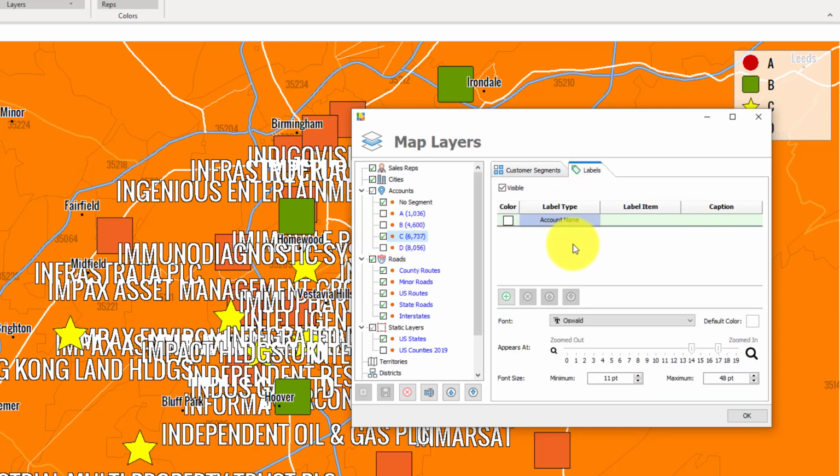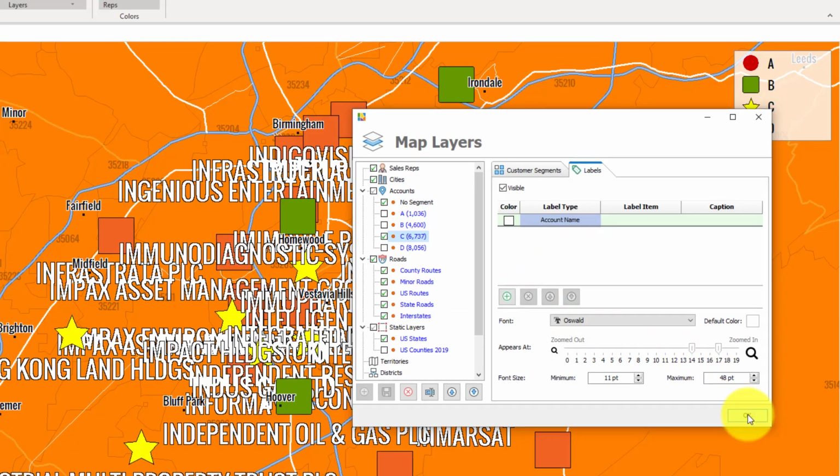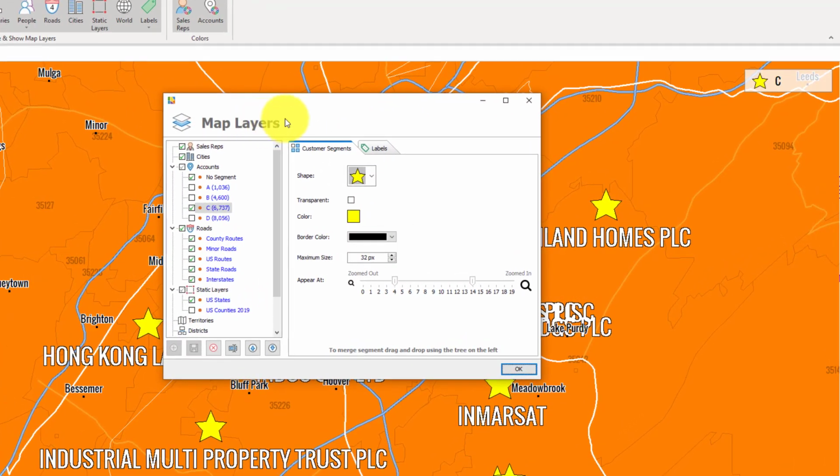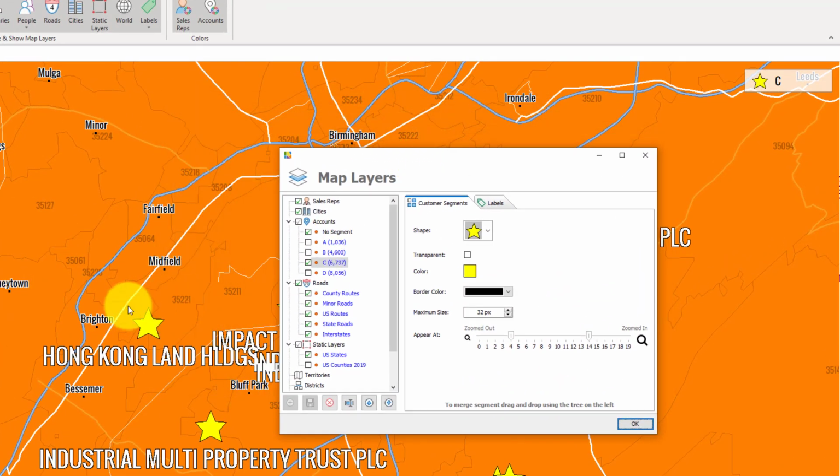Clicking here on Labels, you can see that right now we have only the account name shown for every account segment. You can add a new label by clicking on this plus button here, but before we do that, let's first click on OK. So now you can see all the other account segments have been hidden from view. So let's go back to Configure Layers now, and let's scoot this over so you can see some of the